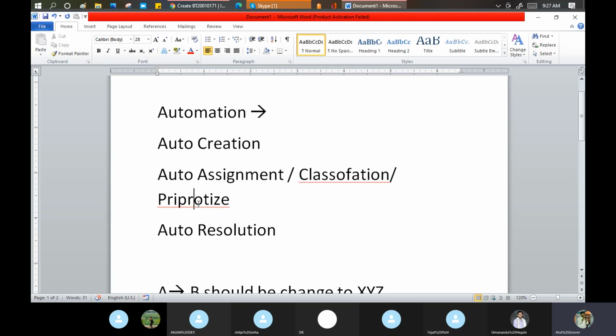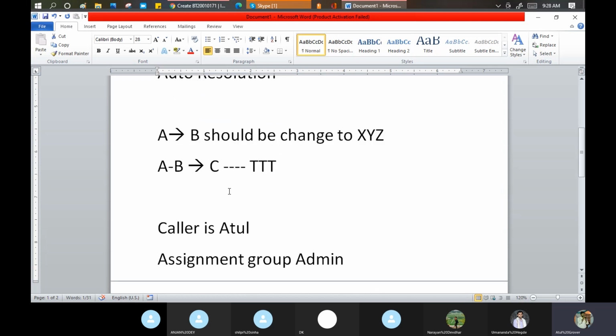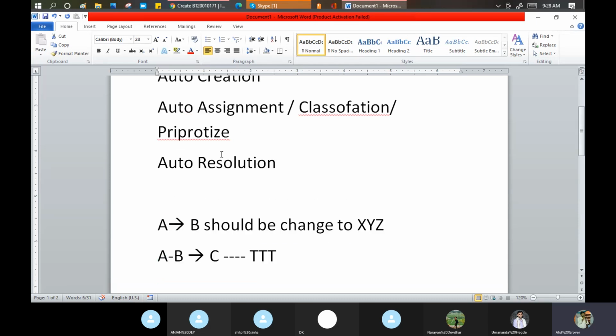Why is it not a P3 or P2 or P1? That is the auto prioritize. And finally, auto assignment. If I mention my laptop is not working, it means it is a hardware issue. By reading that line, ServiceNow assigns that ticket to the hardware team, not the software team. This is the second example of auto assignment. And tomorrow, in the next class, we will discuss these things from the data lookup.